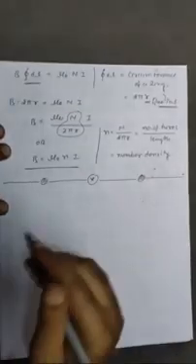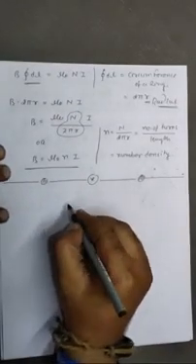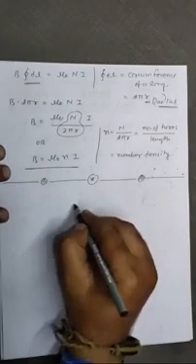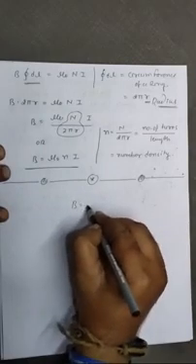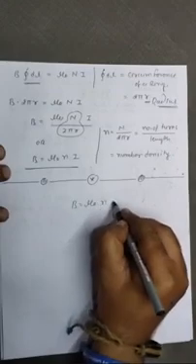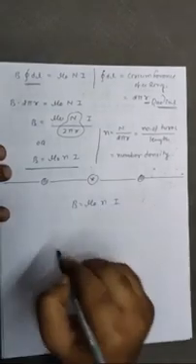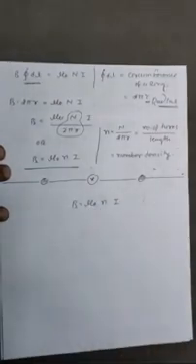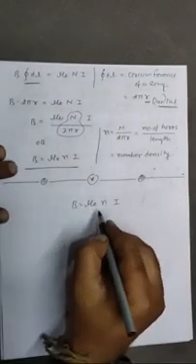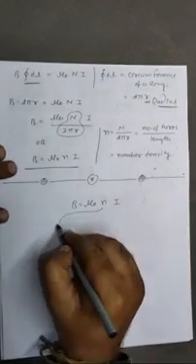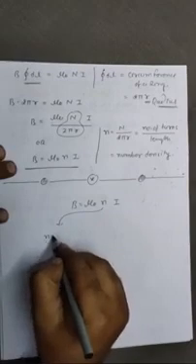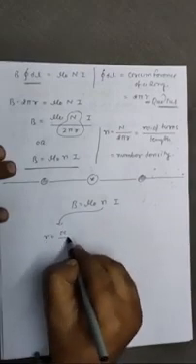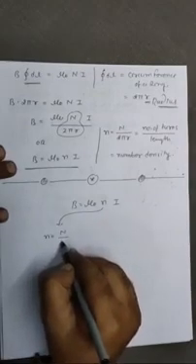Let us take that equation, that is B is equal to mu 0 small n I. Right? So this is the standard equation. Here, if we take this n, that is n is equal to N by L, that is number of turns